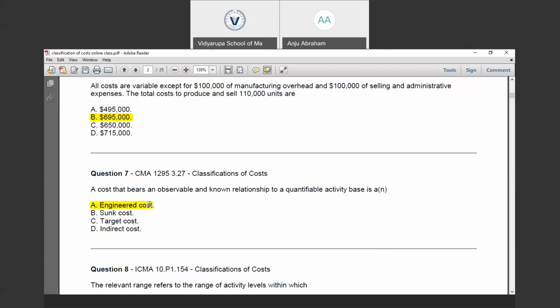So this represents this engineered cost. One of the main characteristics of the engineering cost is that their input can be measured in monetary terms, like direct labor, direct material, and the utilities and other direct costs which are incurred in the production process. Their output can also be measured in physical terms, because after incurring a particular amount of raw material, it gets converted into a particular amount of finished product.